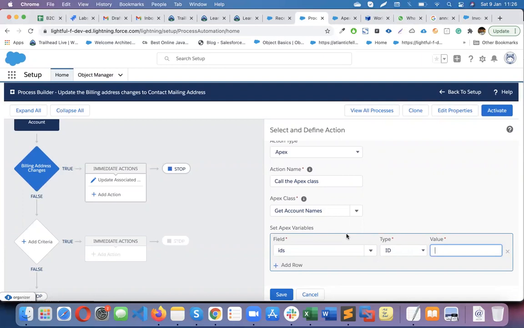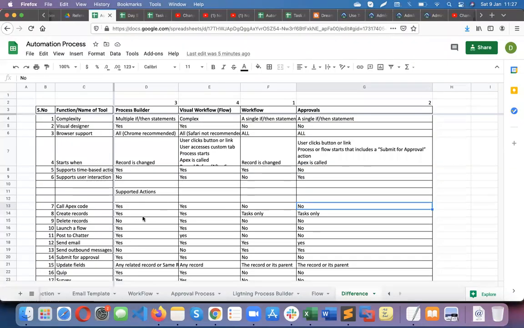So generally, you can call the Apex class, and once you get the result back from the Apex class, based on the result you can do some additional actions using the flow. Maybe there are some things we cannot achieve using the flow with standard configuration. For that scenario, we can go for an Apex class, write all the custom logic in the Apex class, and call the Apex class from the flow. Those kinds of things can be done in process builder and flow, but not in workflow and approvals.